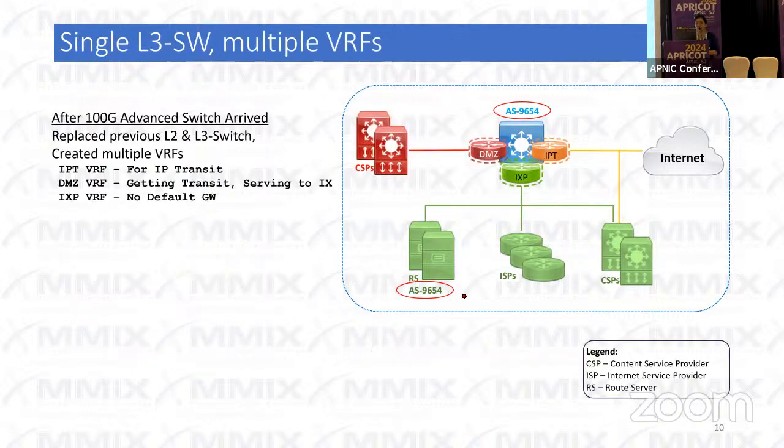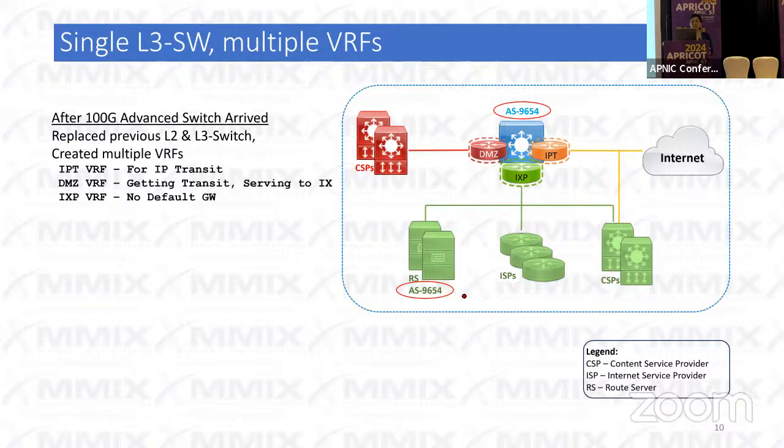Then we had some budget and we could purchase advanced switches. At that time for the purchasing, we decided to purchase switches supporting VXLAN and necessary protocols like BGP and OSPF. After we received that switch, we decided to replace the existing layer 2 and layer 3 switches with this single new switch. This switch is Cisco Nexus 9K. So the single switch is divided into three